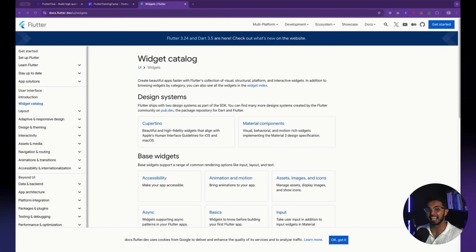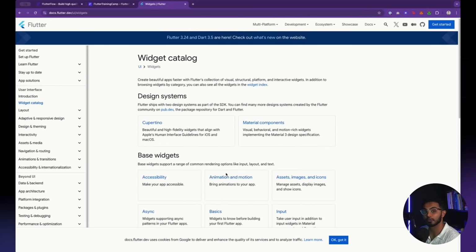But the thing is that these widgets, if you were to code them in Flutter, are actually pretty long and kind of complicated to write. I'm going to show you an example of a widget in just a moment so you can see how complicated they actually are. So the beauty of FlutterFlow is that it enables you to create these really beautiful widgets just by dragging and dropping them. But like I said earlier, FlutterFlow is creating the widget code for you under the hood, so you don't actually have to write this really complex code.